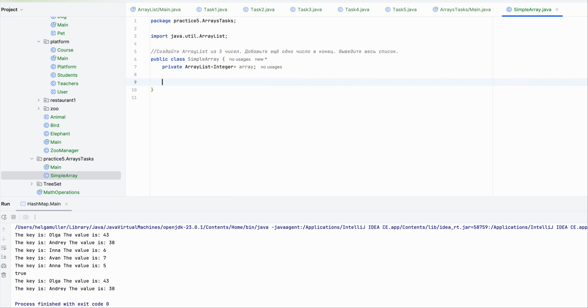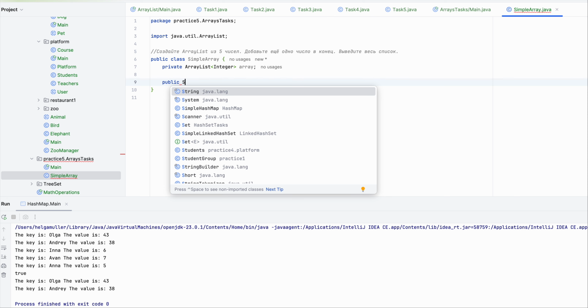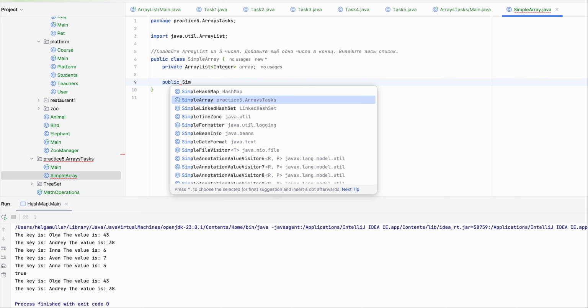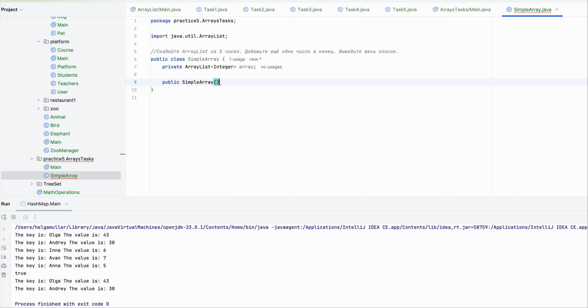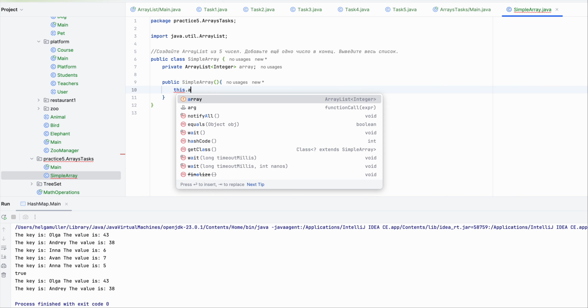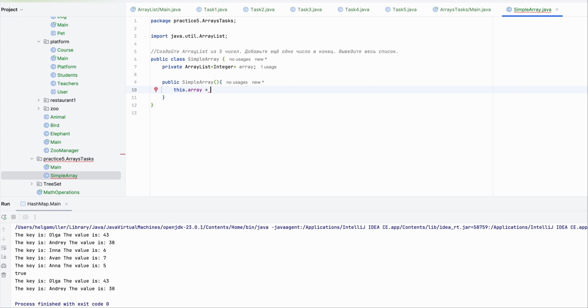next let's initialize this list in constructor. So let's create constructor public SimpleArray, no arguments here, and this.array, and let's initialize it with new empty ArrayList. Okay, so next we need to implement method for array consists of 5 numbers. Okay,